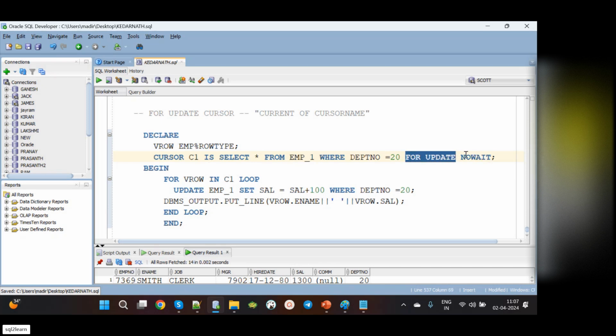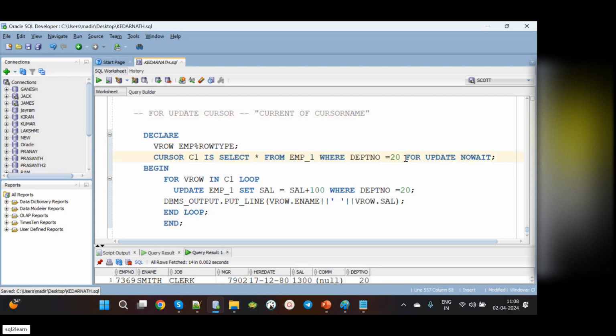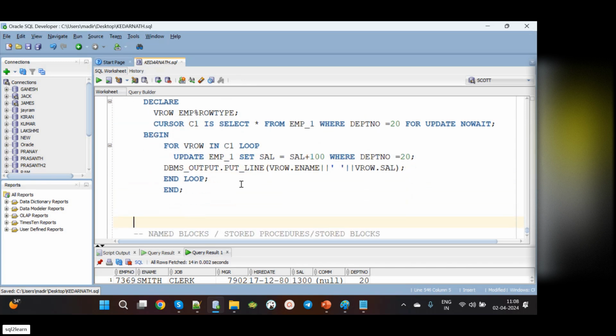This is called the for update clause, and when we use for update in a cursor, it is called a for update cursor. While defining the cursor, you are saying that you are using this cursor for update purposes. Then, when you write the update statement in your main logic,